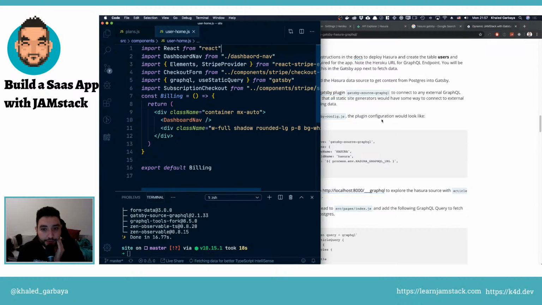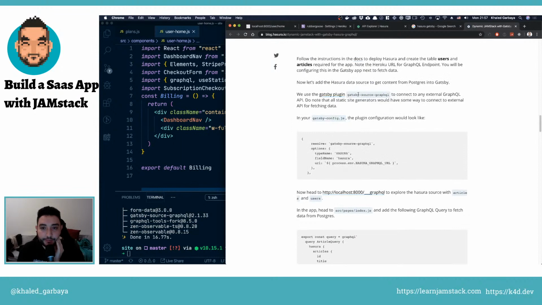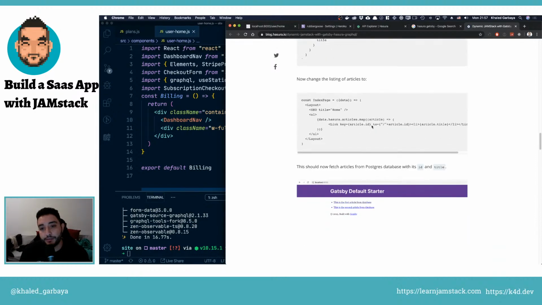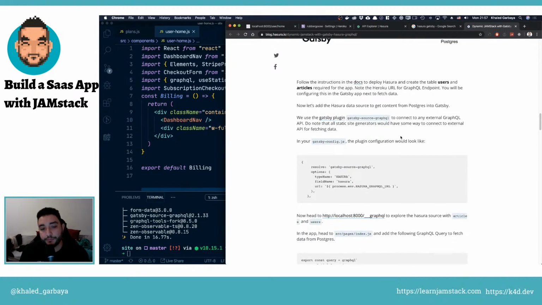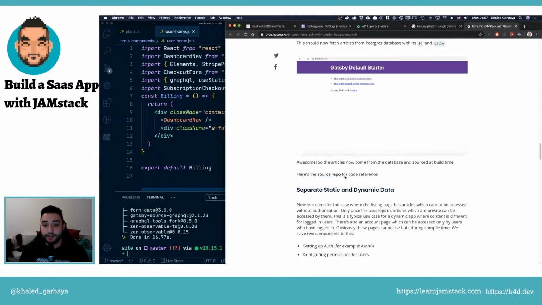So we might need to use Apollo actually instead of the Gatsby source GraphQL, because this is... or maybe we can still use this because this is like a use... yeah, and then you do this and create the stuff. I think